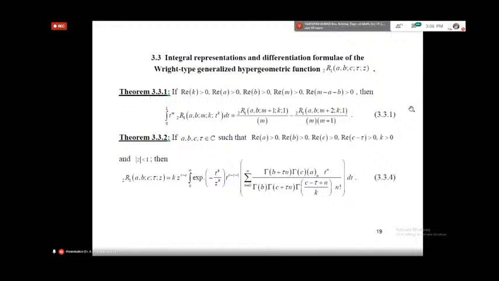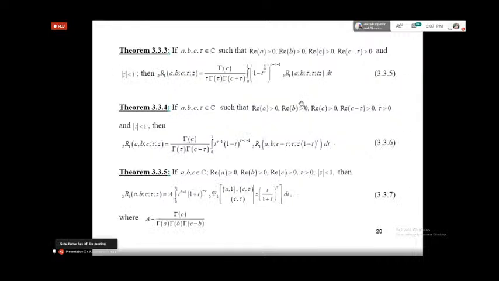3.3.1 that is given by this. 3.3.1. And here, the conditions, if you see, are real k greater than 0, real b greater than 0. So it means all the real values that are given here are positive values. And now again, this is 3.3.3. This is one integral representation that is given by this. And similarly, 3.3.4 that is given in this